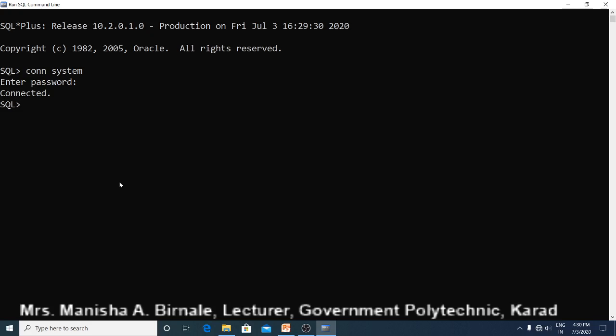Now let us create one table using the create table command.